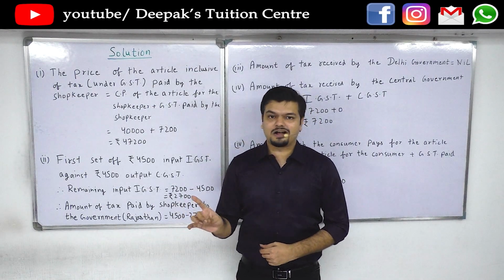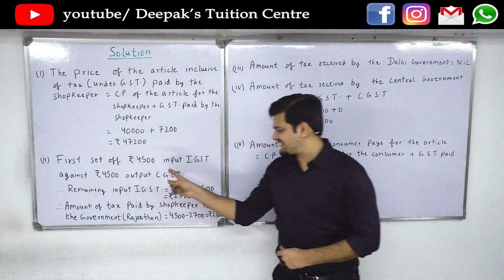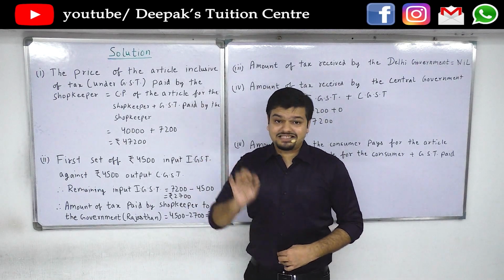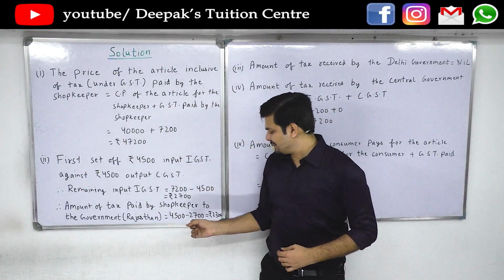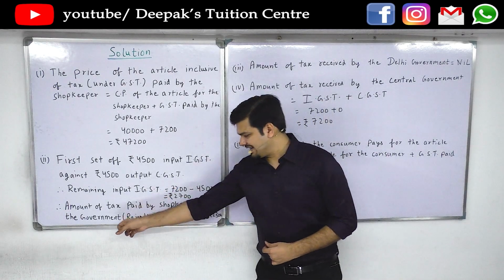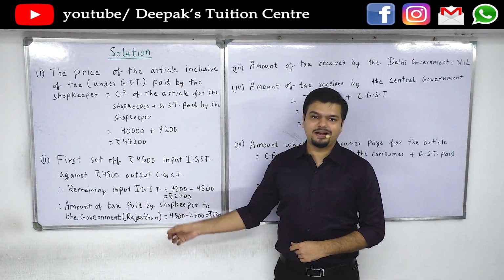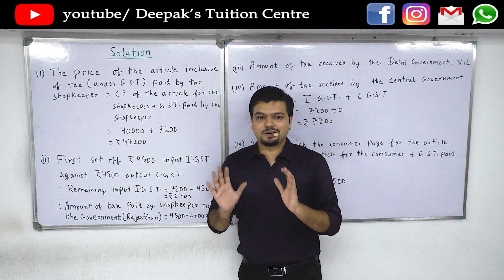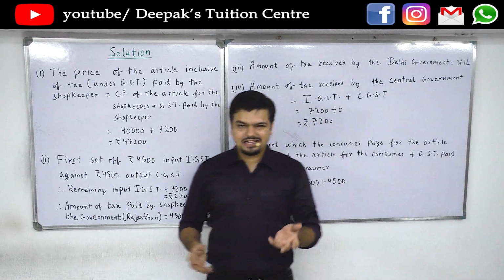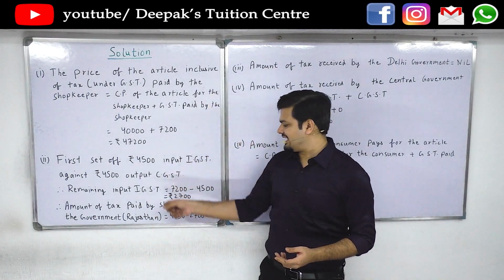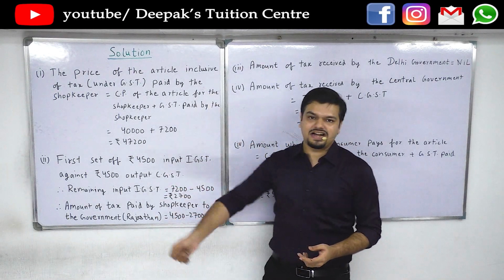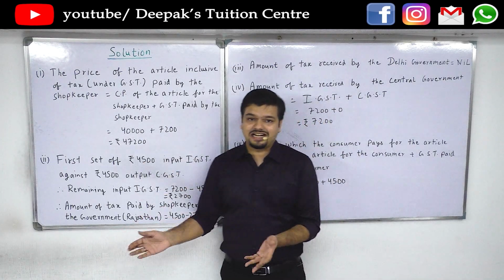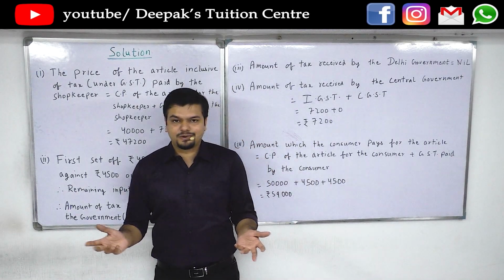Obviously this is not the central government because the central government's 7,200 has all been exhausted. Only the state government, that is the government of Rajasthan, will receive 2,300. Even though the question does not ask for the name of the government, it is always best to write it so as to present it properly so that the teacher knows, yes, you know the concept. You could have always done the whole 4,500 plus 4,500 minus 7,200. But the books generally show this process. So it's better if you show the steps, it's no harm to you.